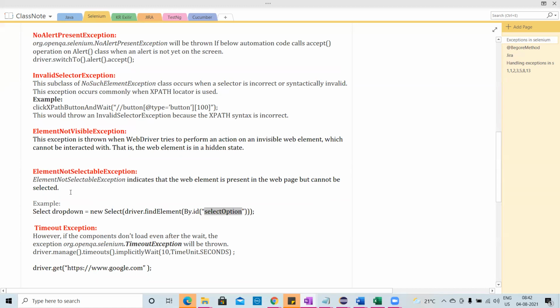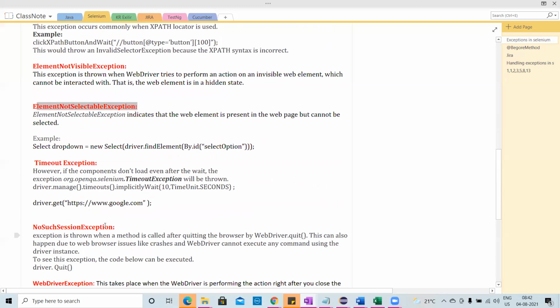If you're not able to select using the Select class, in that case you'll get an element not selectable exception. So don't get confused between this and this. Invalid selector exception is with respect to a button, radio button or checkbox, while this one is with respect to the Select class.